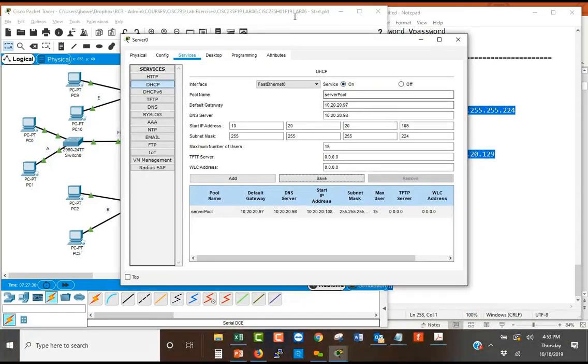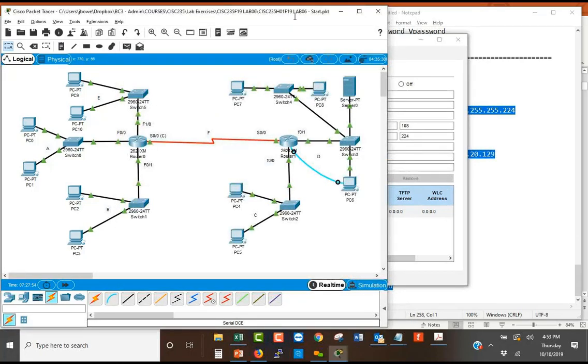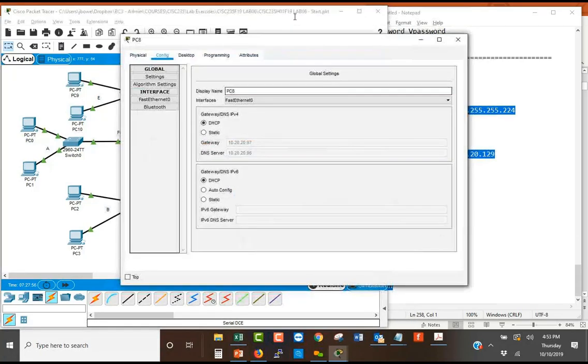You identify a pool name, you identify what is its default gateway, and what its DNS is. And what DHCP is going to do is give this information out to whatever machine asks for it. So it's automatically going to configure the default gateway and the DNS, and it's going to hand out an address starting with, in this case, 108. Okay? So all devices in here,